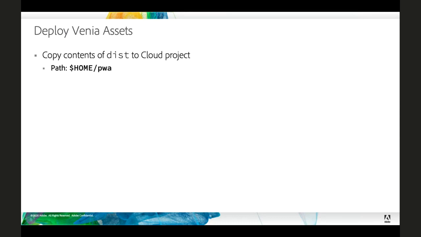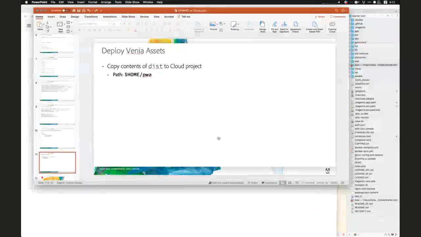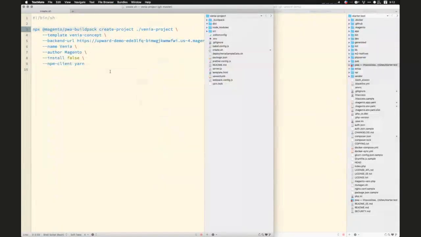So we're going to generate all of our Venia assets on our local system, copy them over into our PWA directory, and then deploy that. So let's take a look at what that looks like. So here in my editor, I have my Venia project. This is basically just a vanilla Venia project. I just generated this using PWA build pack, create project. I haven't done any other customizations or changes here,